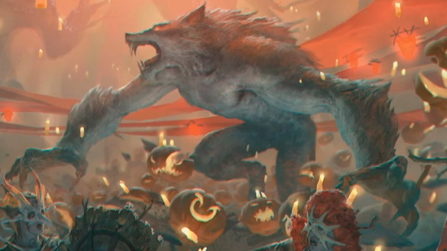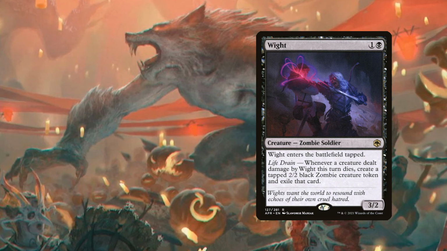Up next we have 2 copies of White for 2 mana, 1 and a black. We have a 3/2 zombie soldier. White enters the battlefield tapped. It also has lifelink. Whenever a creature dealt damage by White this turn dies, create a tapped 2/2 black zombie creature token and exile this card. So this has the opportunity, especially if it's pumped up by our Blade Stitched Scab for example, we might have the chance of having this creature kill off a few of our opponent's